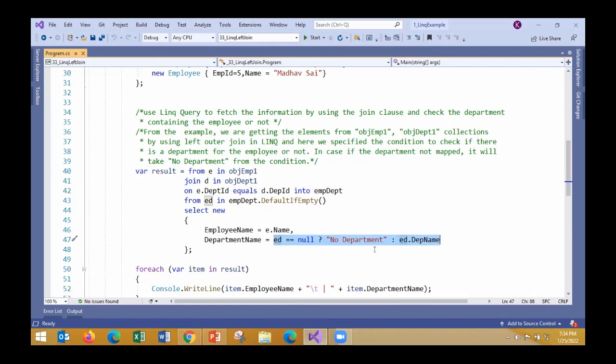Print out no department if it is false, otherwise print out the department name. That's what it is doing. So it's a left outer join. So you're joining